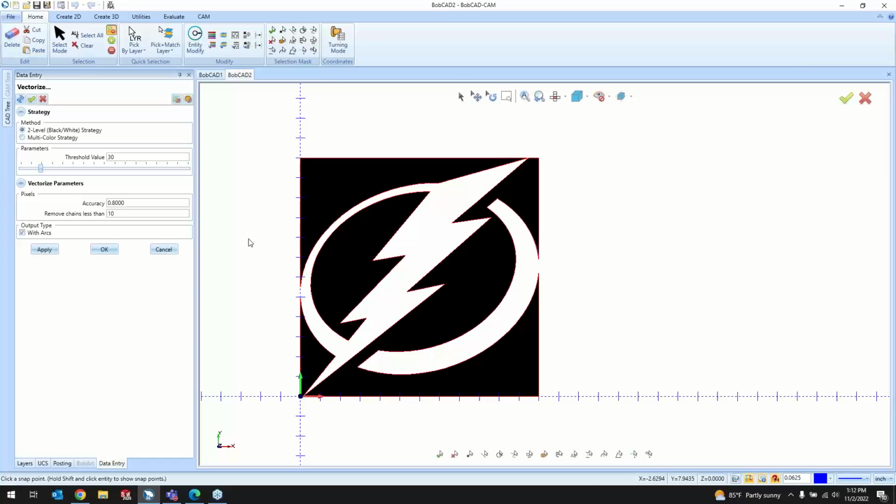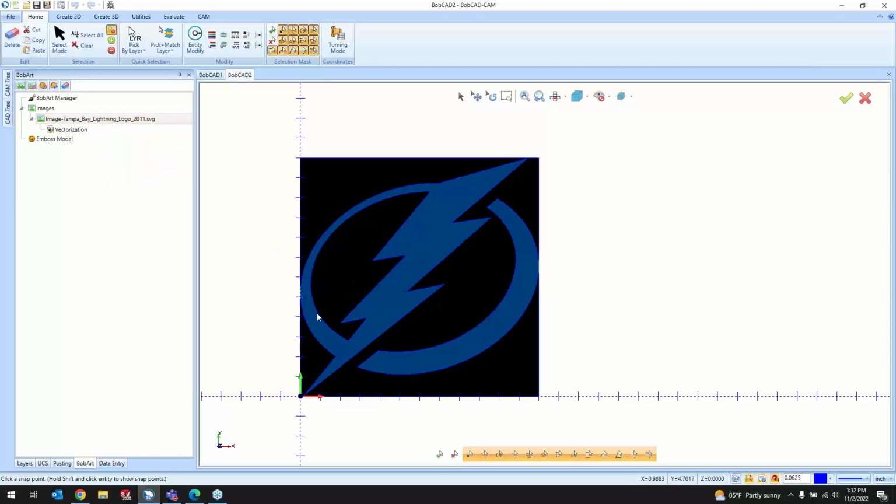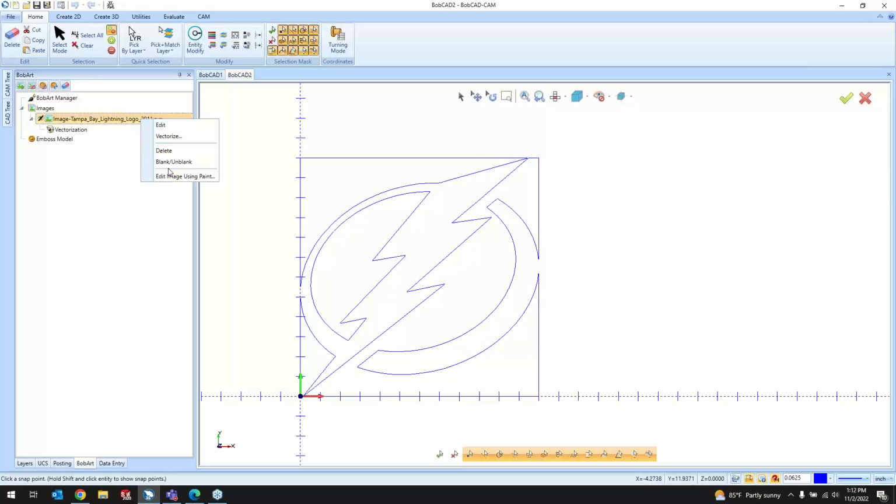But anyways, so yeah, we've got the threshold value here at a lower number to vectorize everything in the image, the foreground, and then we hit OK. And then it will keep the image and the drawing showing. So we want to hide the image so that we can see the drawing that it creates. And I just right click on that image of the file name and go to blank and unblank to show